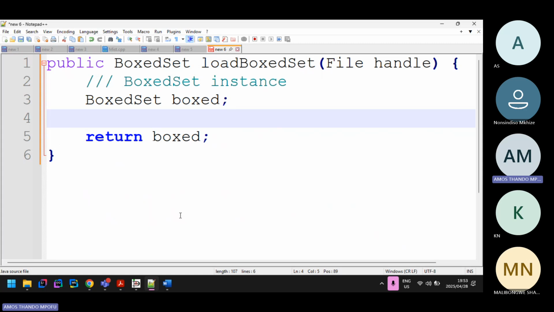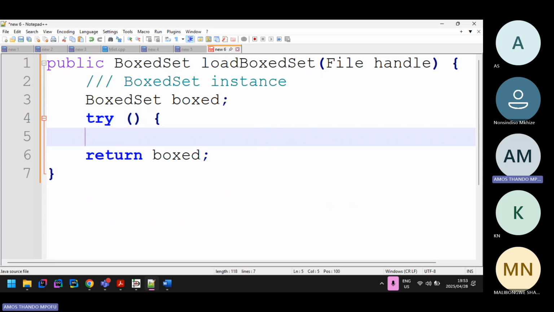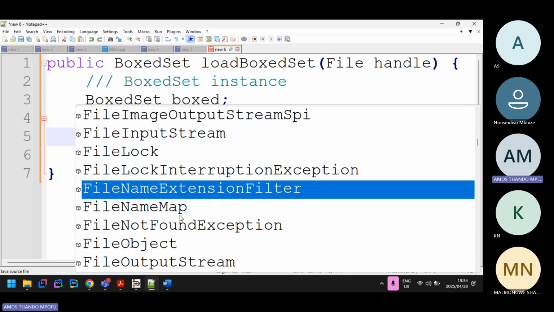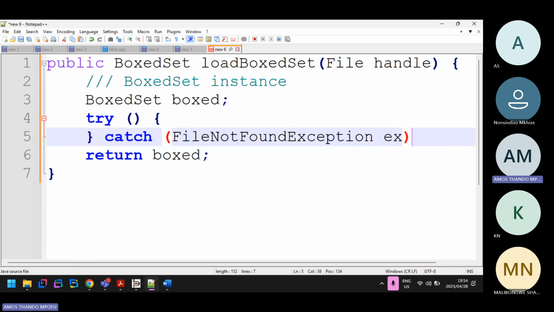So since I understand, I know that I'm going to need to remember try catch, and it always throws an error, file not found, right? It always throws two types of errors. We have file not found and IO exception, meaning there was an IO exception. IO meaning input output. Input output because they're trying to read from the file, which counts as input into the program, right? So we need to catch that exception. So we're going to catch the FileNotFoundException, EX,